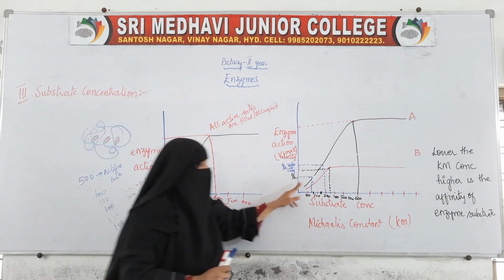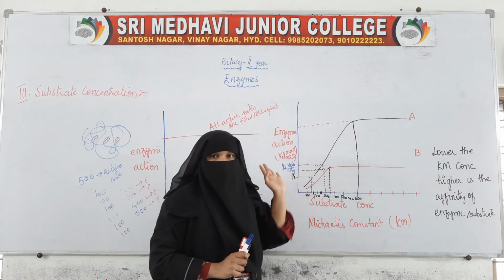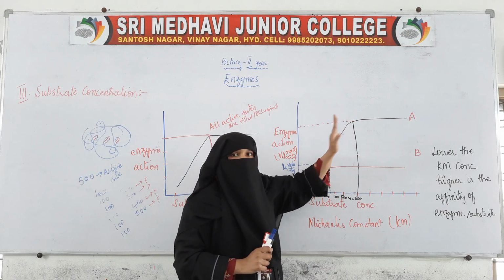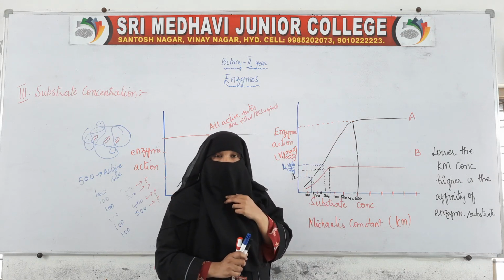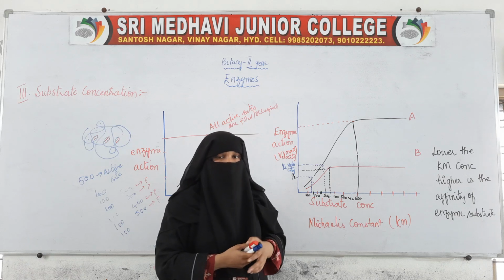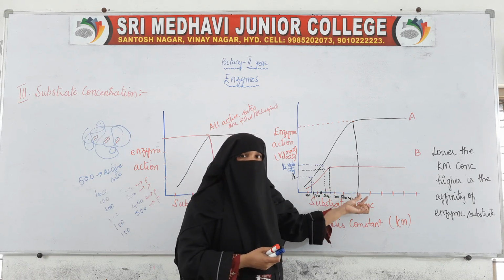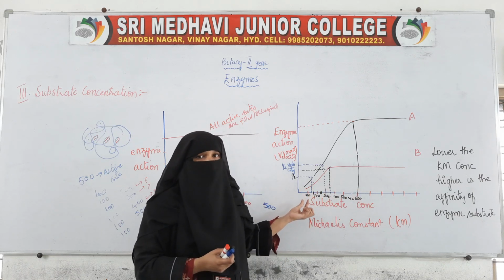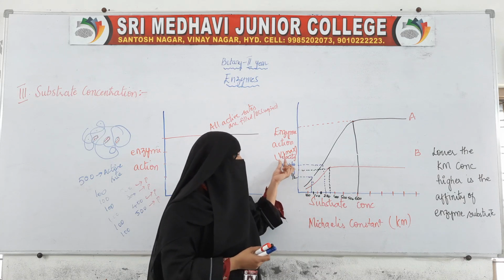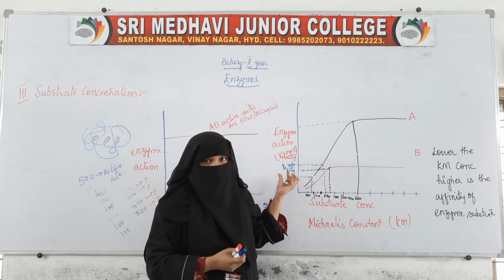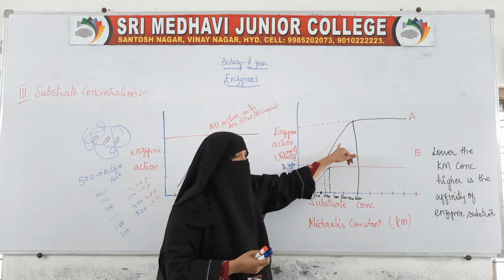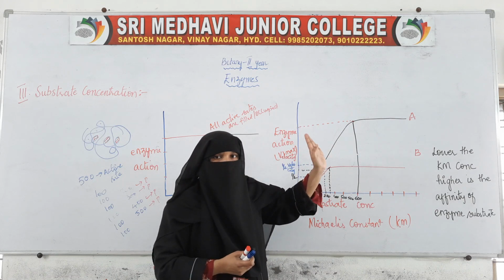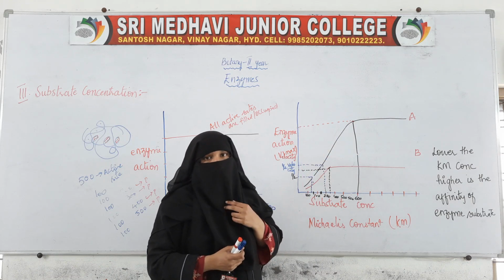increased. The same thing is here with the increase in the substrate. After it reaches a certain point, it will become stable. So at the maximum point, but if we take the half of that maximum point, then it is called the Michaelis constant. The half of the maximum peak point is the Michaelis constant.